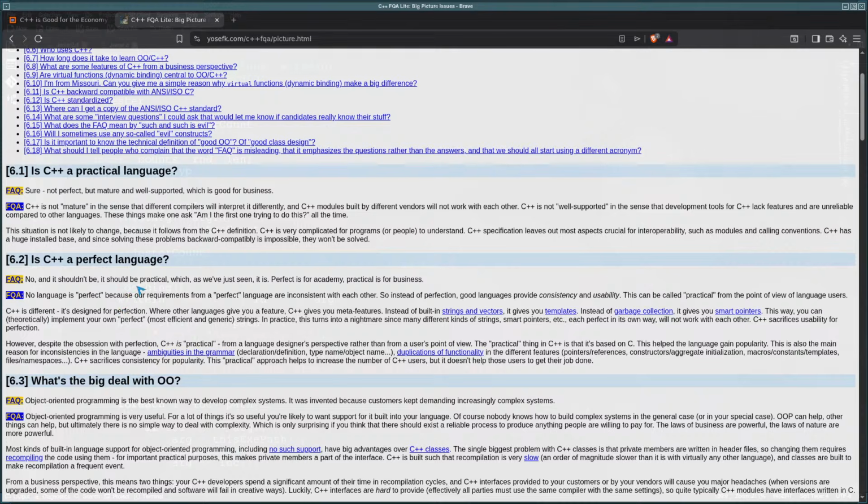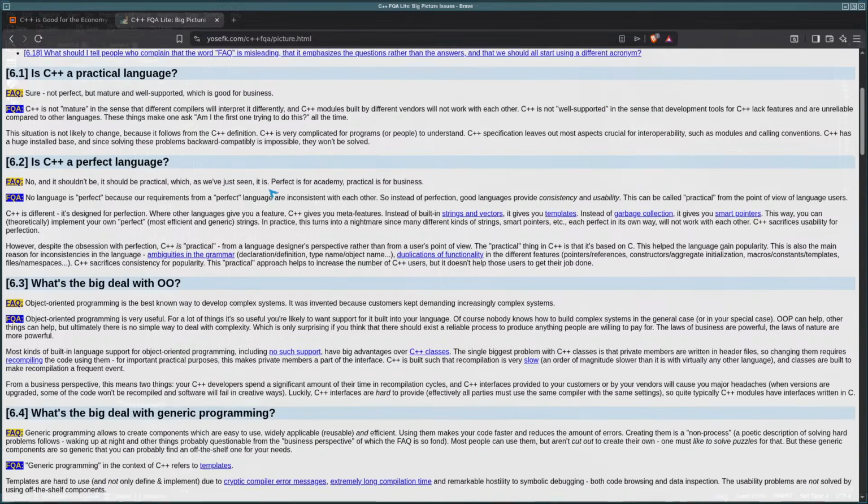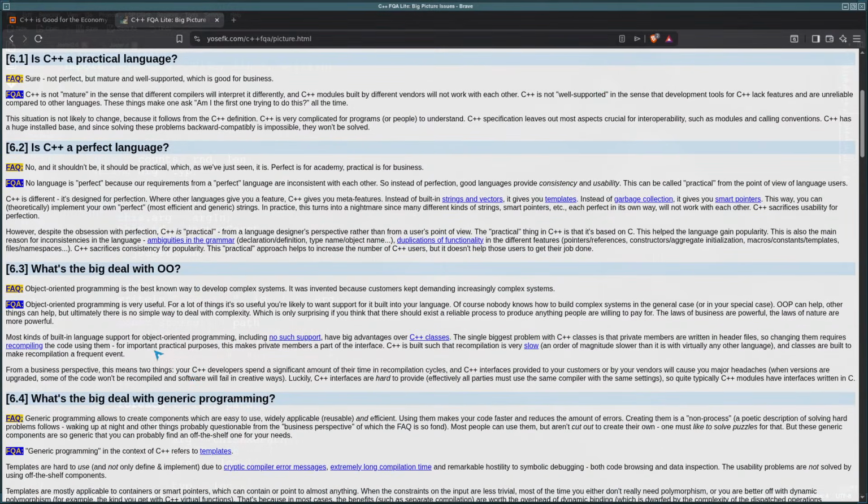So, just saying. Is C++ a perfect language? No, it shouldn't be. C++ is not mature in the sense that the different compilers interpret it differently, and C++ modules built by different vendors will not work with each other. C++ is not well supported in a sense that was the big deal of OO, object-oriented programming. It is very useful for a lot of things. It's so useful,